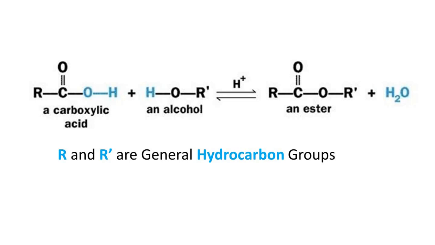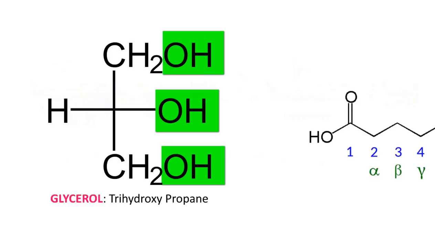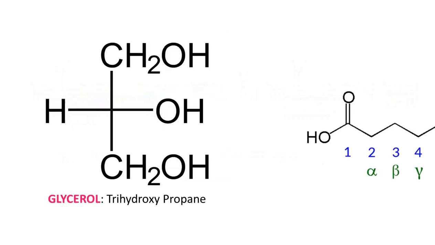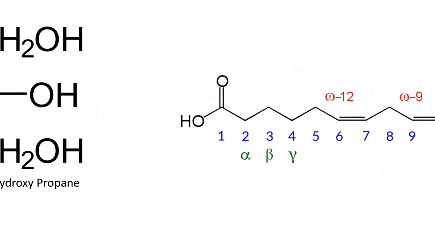This is the chemical equation for the esterification. A carboxylic acid side chain from the fatty acid and alcohol from the glycerol react together, and by removing a water molecule, that is dehydration, that leads to formation of an ester. And here glycerol provides the hydroxy group, that is the alcohol group, and the carboxylic group of the fatty acid provides the acidic group.